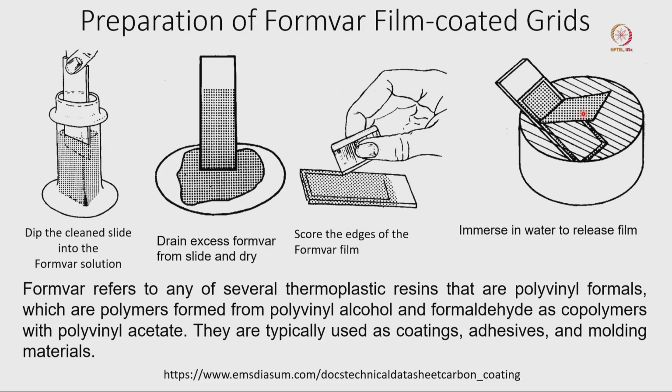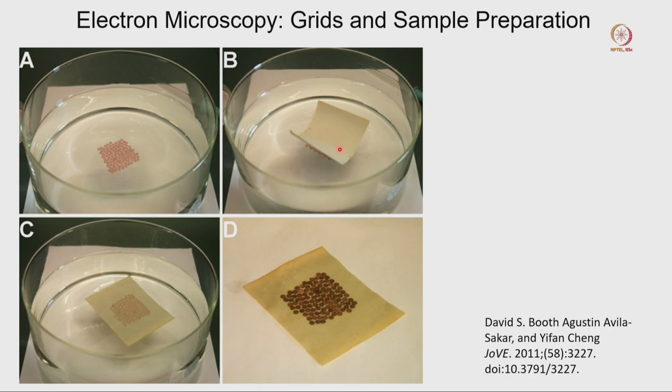You have an empty grid, and that empty grid you are trying to coat with that plastic. So, you are going to place the grids on top of this plastic layer. Now, if I go to the next slide, you can see it here. What I am trying to say, here you have a plastic layer. So, this is the container where we have the water. In the last slide, I already showed how this plastic layer will float on top of that water.